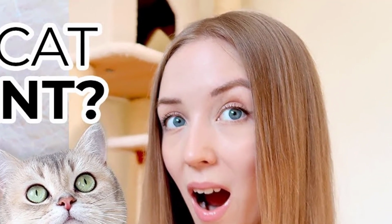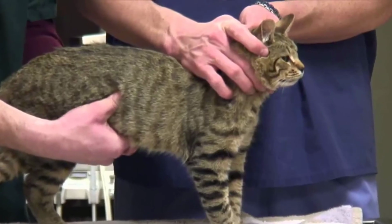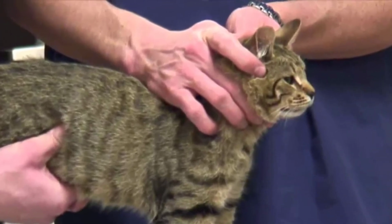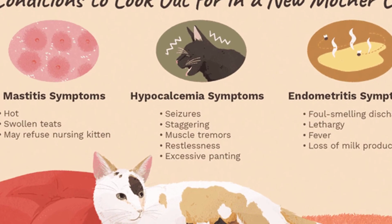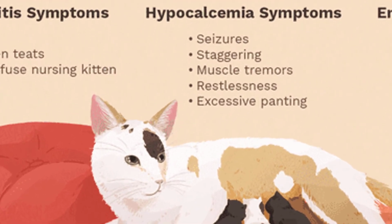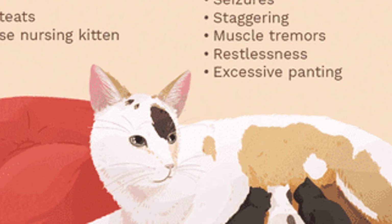Signs your cat will give birth soon. Once your cat begins active labor, try to leave her undisturbed. Watch from a safe distance to make sure she does not go into distress. These signs indicate kittens are on the way. Nesting activities. As the birth gets closer, your pregnant cat may seek out quiet, private places for the birth to take place. This typically begins up to 2 days prior to labor, but it may only begin a few hours